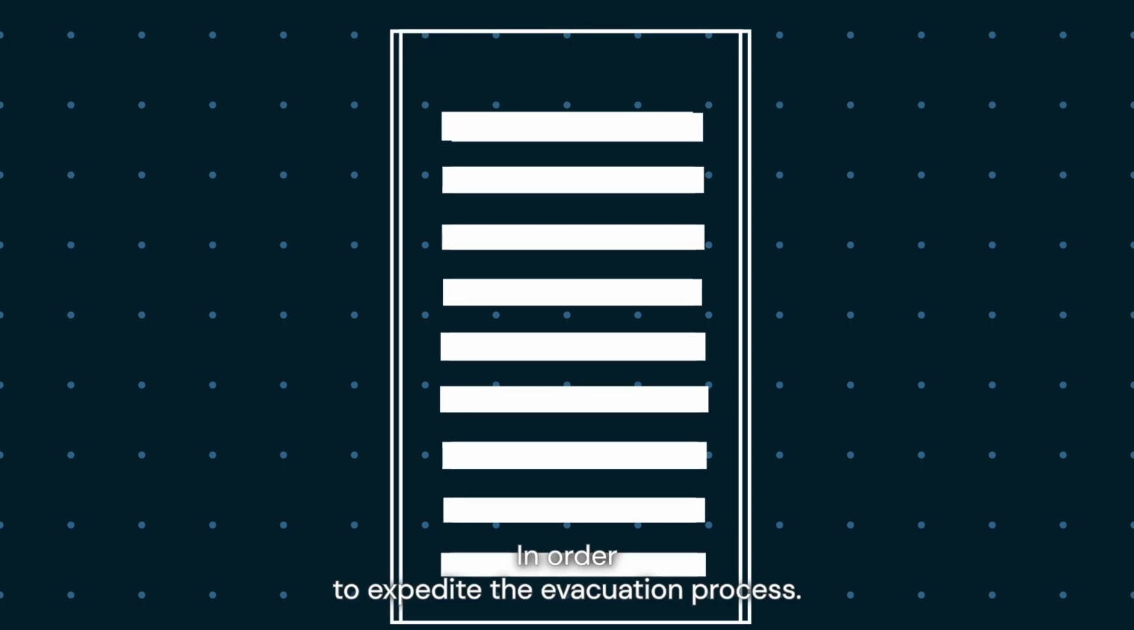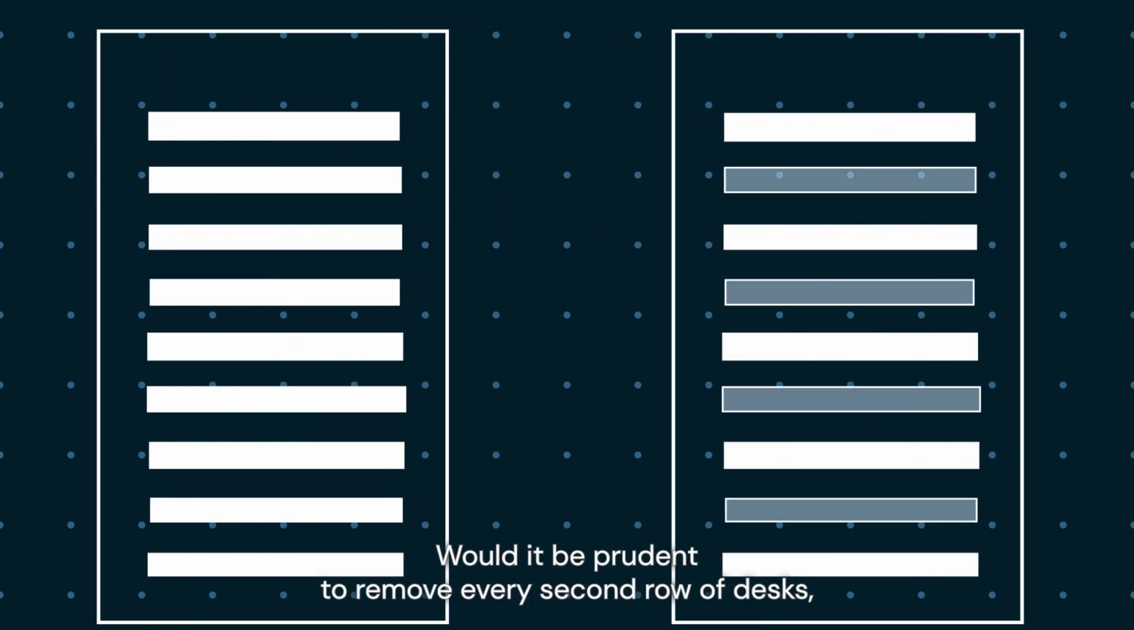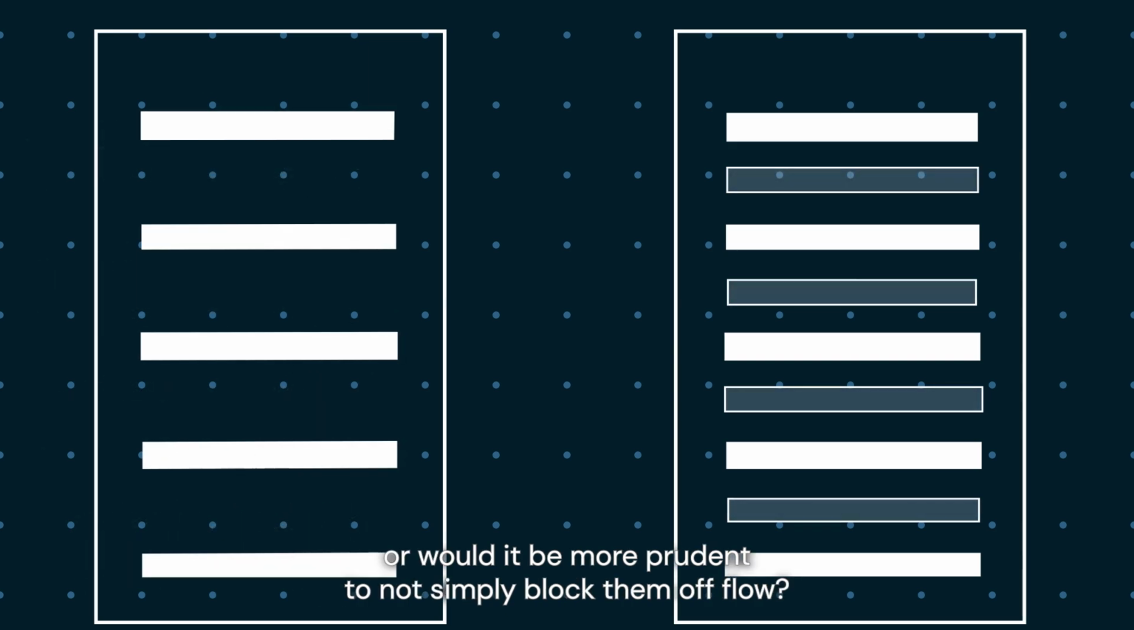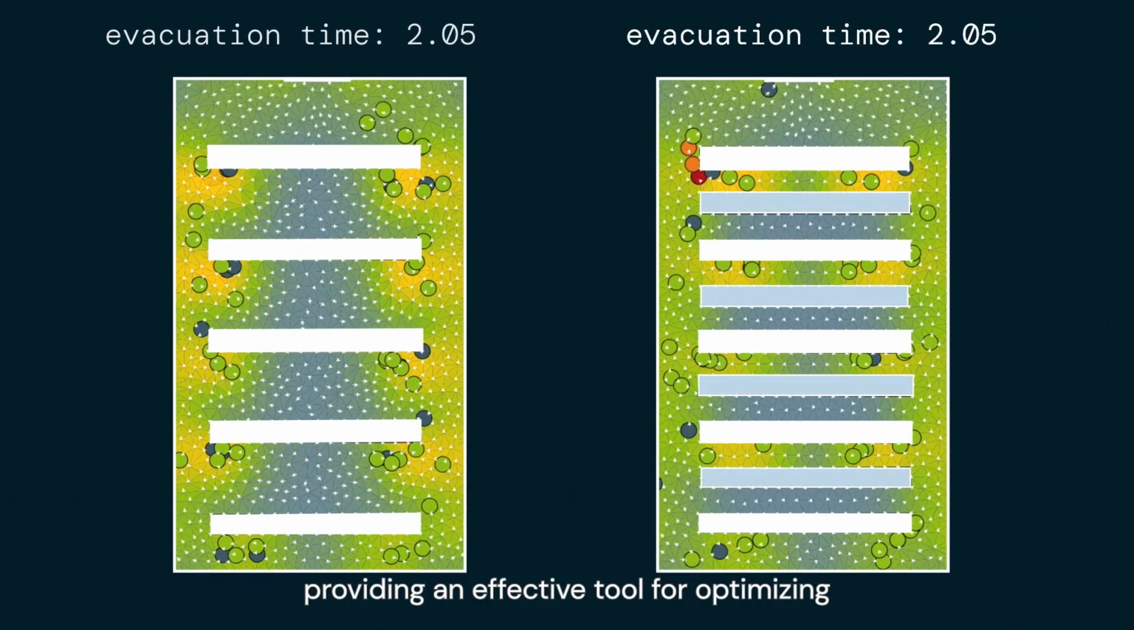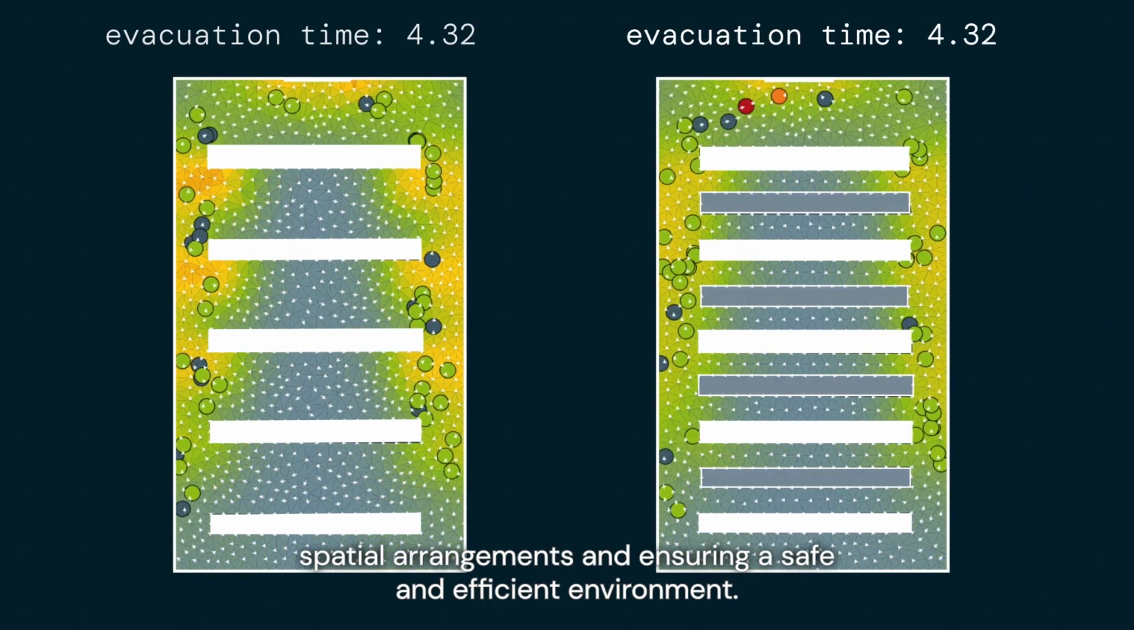In order to expedite the evacuation process, would it be prudent to remove every second row of desks, or would it be more prudent to not simply block them off? FlowCulate proves invaluable in aiding these decisions, providing an effective tool for optimizing spatial arrangements and ensuring a safe and